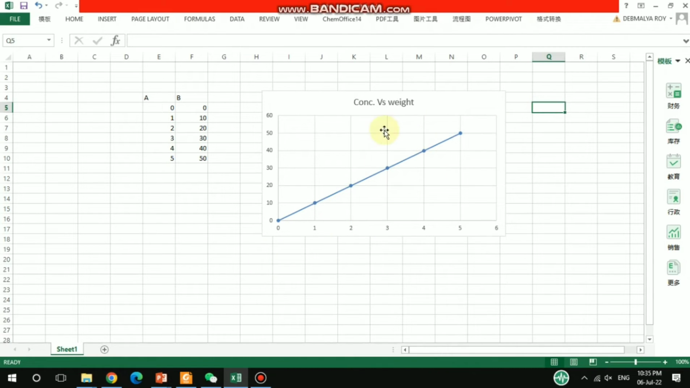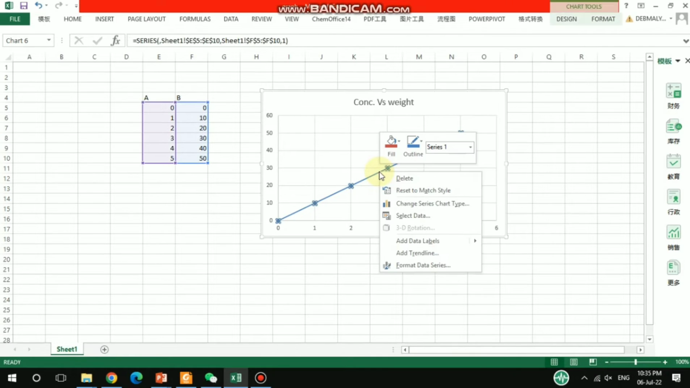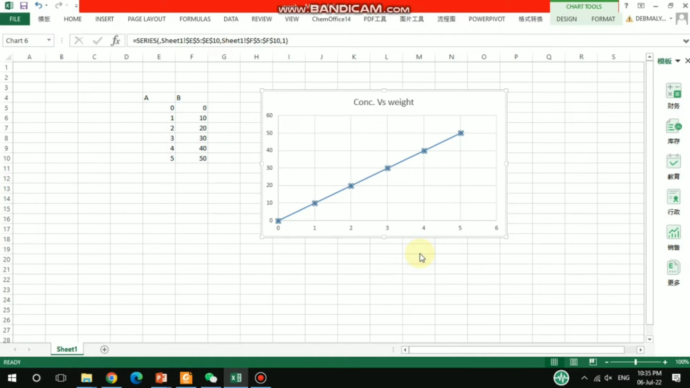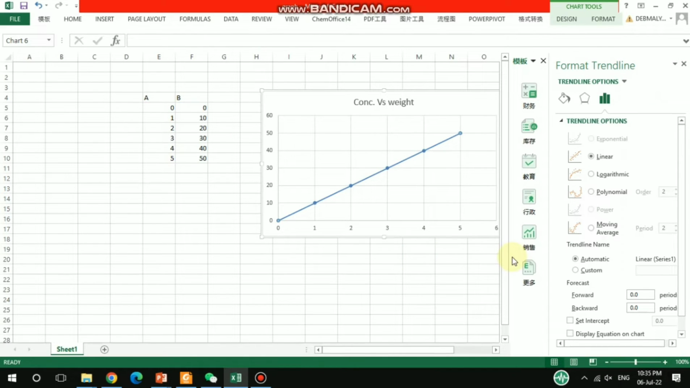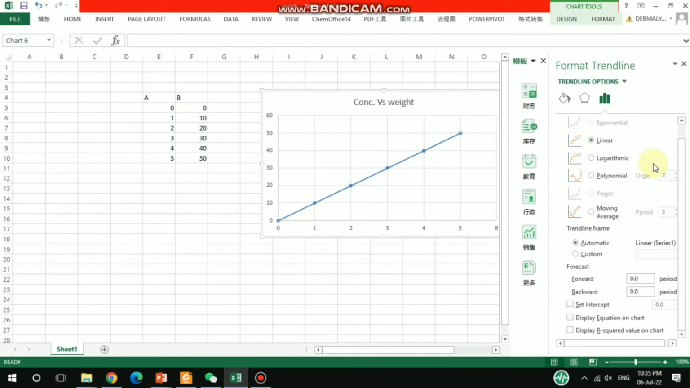Here you can also find, if you right click on the straight line, you might get this Add Trendline. If you click the Add Trendline, then you will get these kinds of options. As you see, one window pops up. Here you see display equation on chart. So if you click this one,